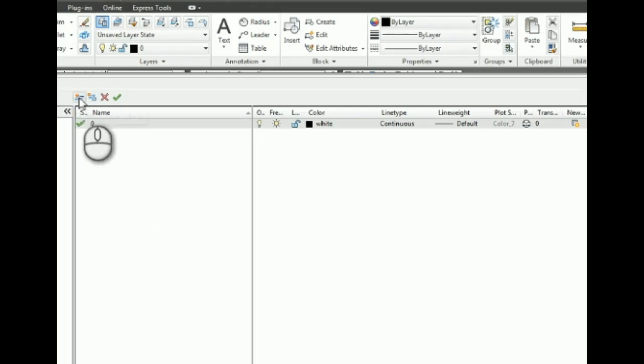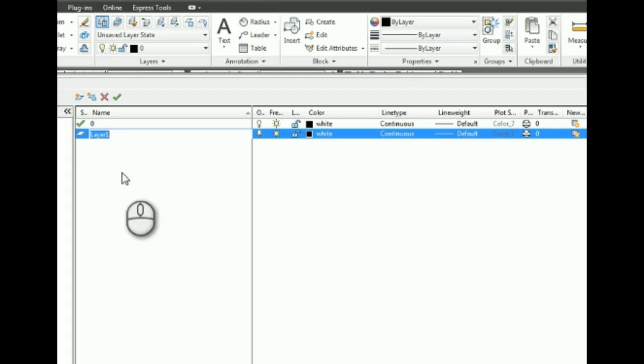Alright, so let's just make a new layer. So we're going to come up here to the icon that looks like a piece of paper with a sun in the corner, and I click on that and it makes a new layer, and it's ready right now for us to give it a name. If we don't give it a name, it's going to call it layer 1. So I'm going to just start typing, and I'm going to type the word dimension because I want a dimension layer,